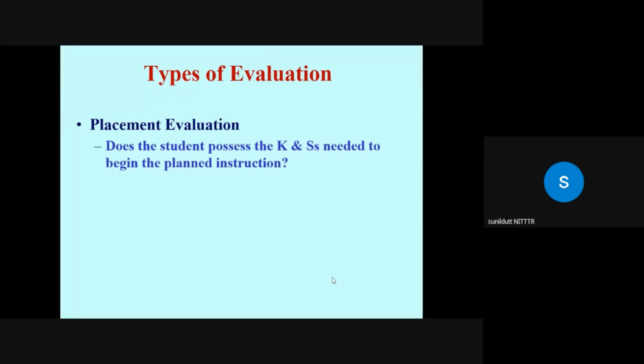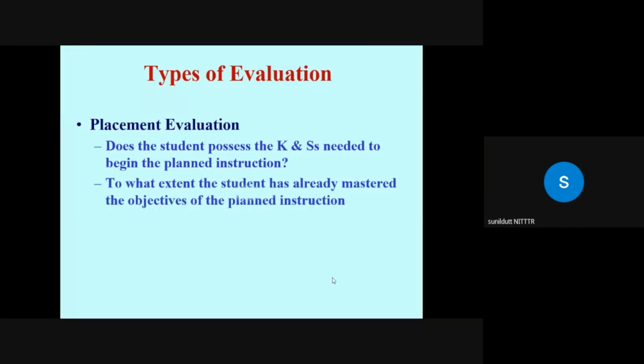So sometimes the teacher starts teaching a new topic without ensuring the prerequisites are available in the students. So what is the result? The teacher moves ahead, the student does not have the earlier information, so there is a gap. Okay, so either the teacher has to ask a few questions or he has to provide an overview of what he has covered in the last lecture, which becomes the prerequisites for the new topic.